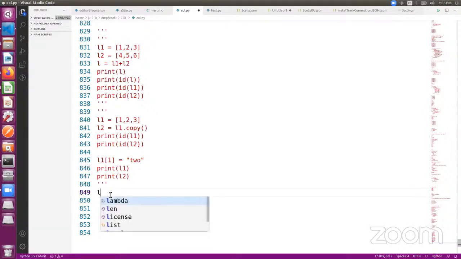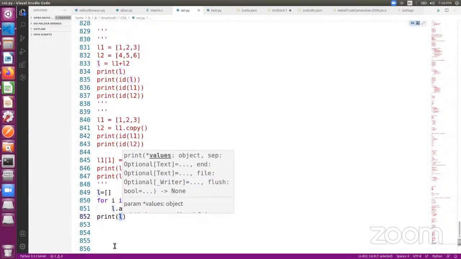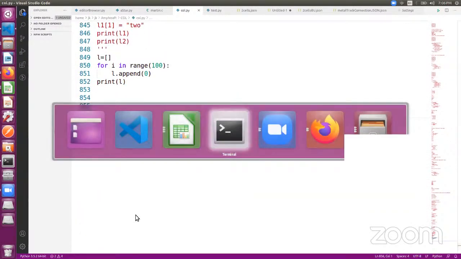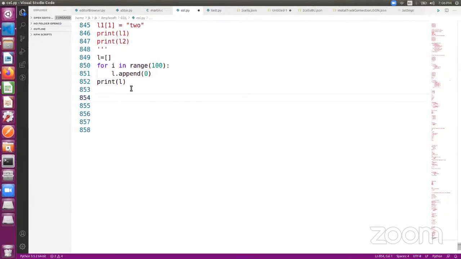So first create an empty list and then for i in range of 100, L dot append of 0. Now if I print L, you'll get 100 zeros, right? This is one way. The other way is